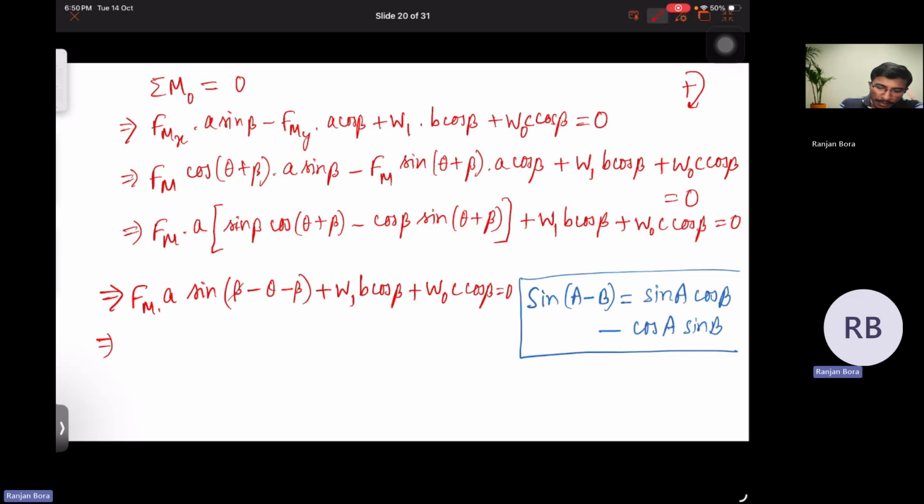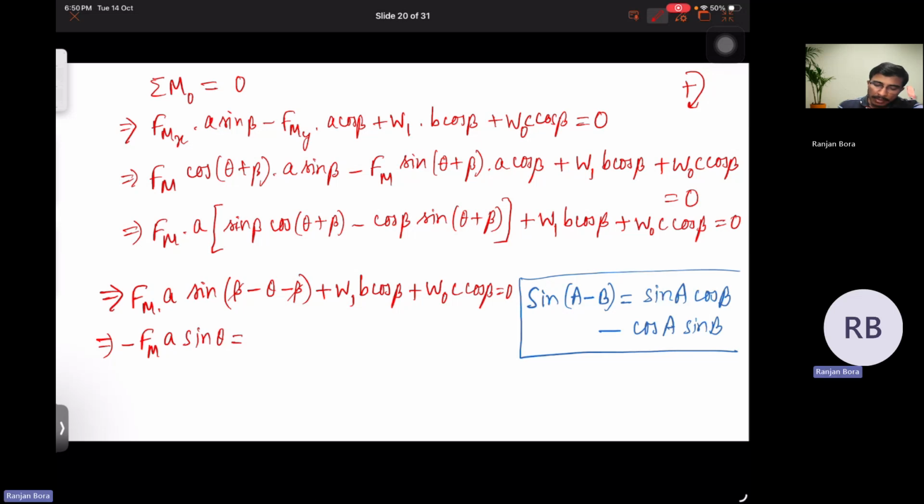From here, beta and beta cancel. This will be sin of minus theta, which is minus sin theta, so minus Fm A sin theta equals